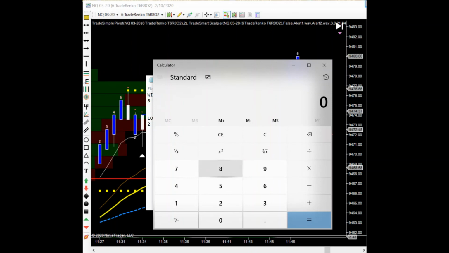8 trades is 80 ticks won. 2 trades lost would be 24 ticks lost, so we would have netted 56 ticks times $5 a tick, $280, minus $45 in commissions, $235